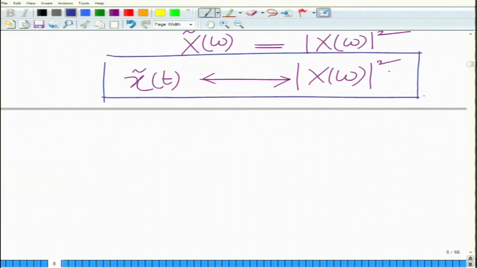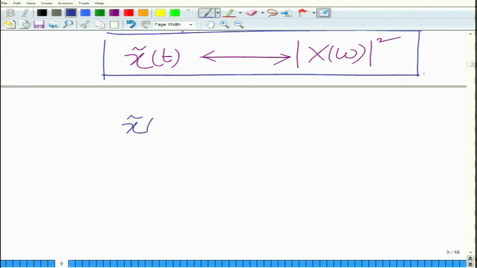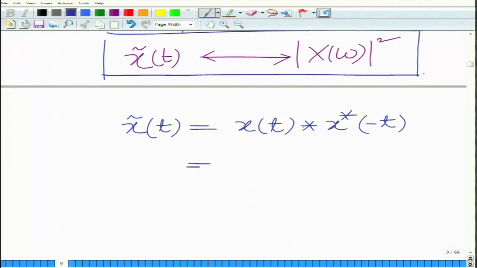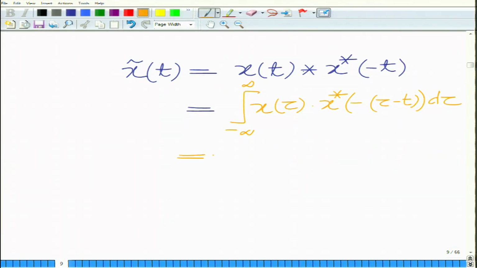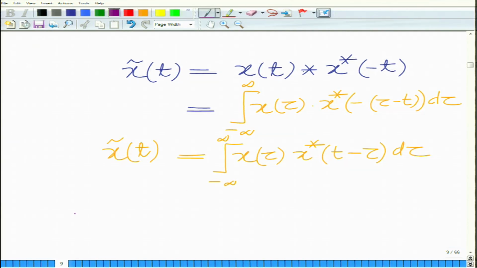Now, let us again expand x tilde t, that is the convolution of x of t with x conjugate of minus t, which I can write as integral from minus infinity to infinity x of tau times x conjugate of minus tau minus t d tau. This follows from the definition of the convolution. So, this is integral from minus infinity to infinity x of tau x conjugate of tau minus t d tau, and now setting t equal to 0,